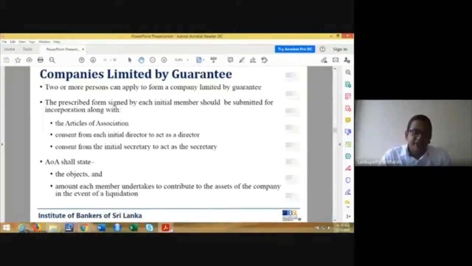First, limited liability company. Other one is unlimited company. Other one is companies limited by guarantee. So this is in the companies limited by guarantee. We have to, with the prescribed form,